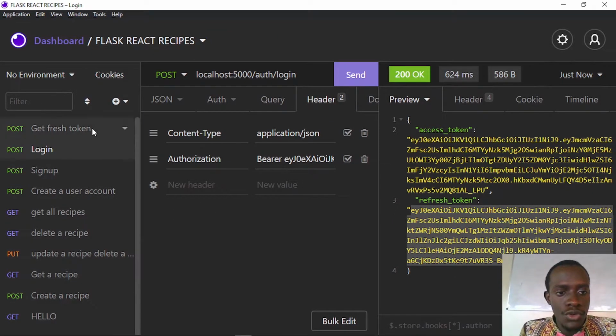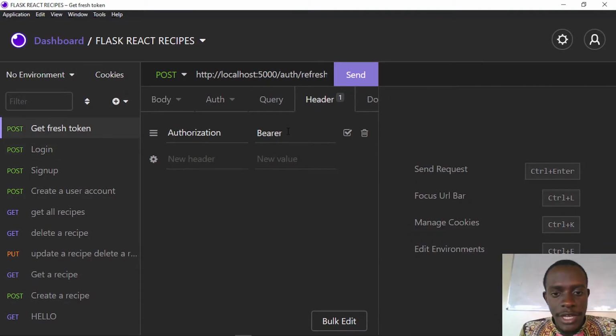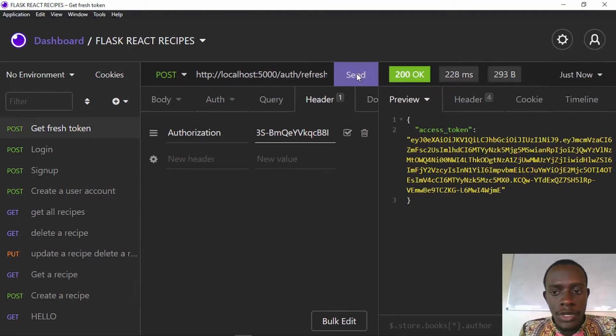And then I'm going to go ahead and provide it here. So I'm going to say bearer, then the refresh token. So when we send this, we see that we have been able to acquire a new access token. Now, since this is done, we are now sure that our API is working, and let's go ahead and develop